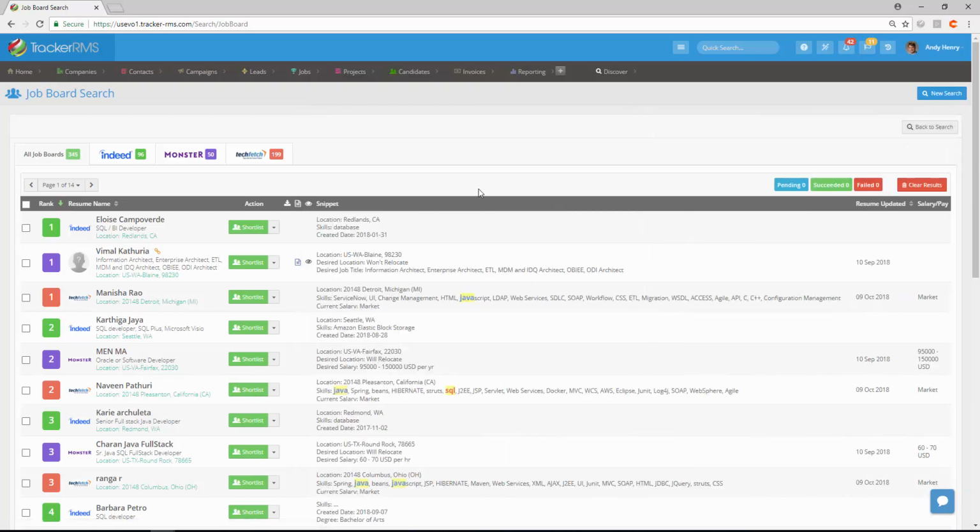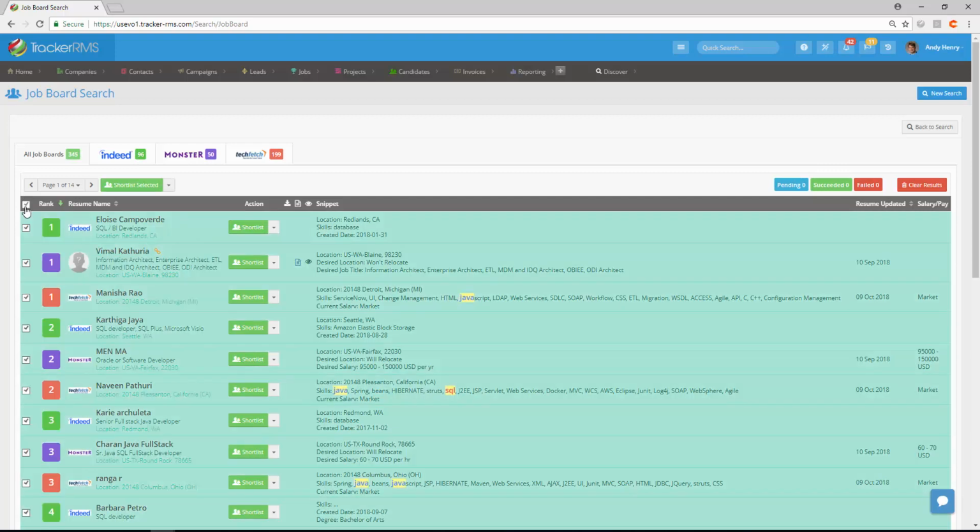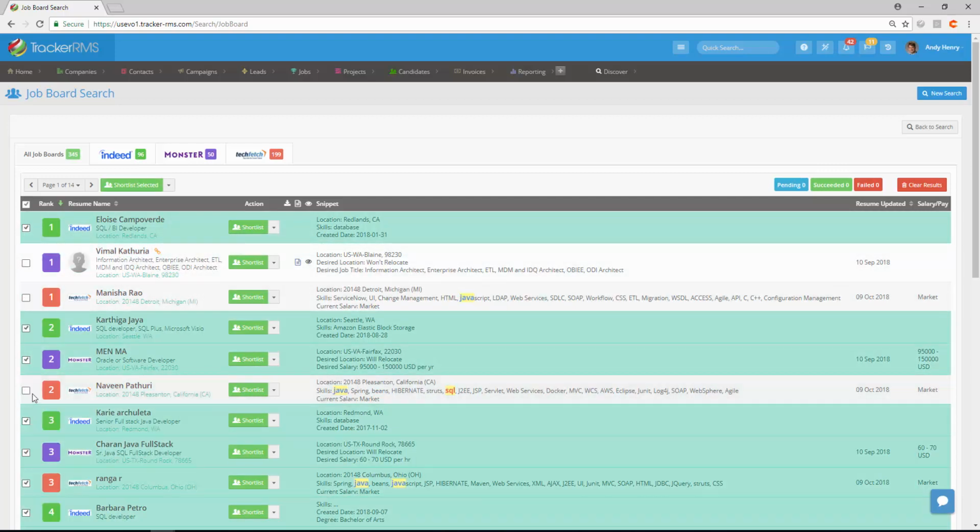If you'd like to parse resumes in bulk, you can select all at the top here, or be picky and only select the few that you would like. Once you have all or a few selected, you'll have a button at the top here, which is our bulk action button. If you click on that down arrow, you can long list all the selected people to a specific job, or you can keep the selected people in your Tracker RMS database, which means we'll parse that resume, create a full candidate record,